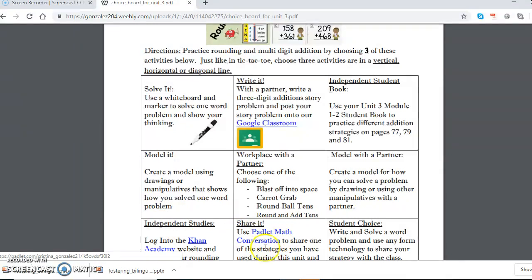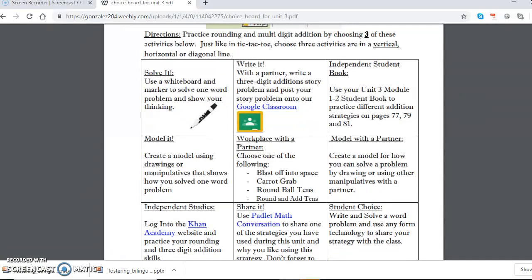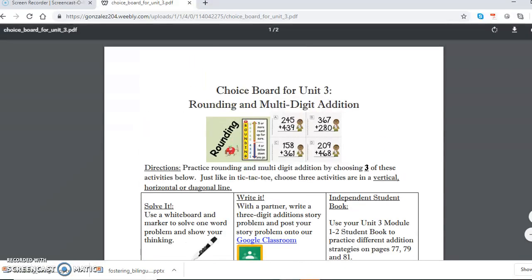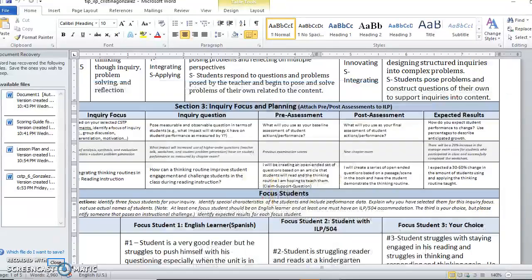And these Padlet math conversations were really to promote sharing their strategy with one another, which is a very important standard, especially in 3rd grade. So I really tried to not only include content standards, but best math practice standards as well. So moving back to my website,